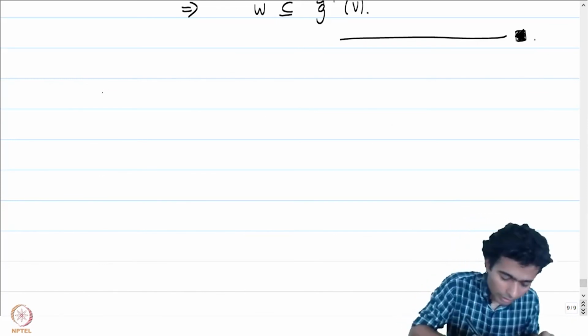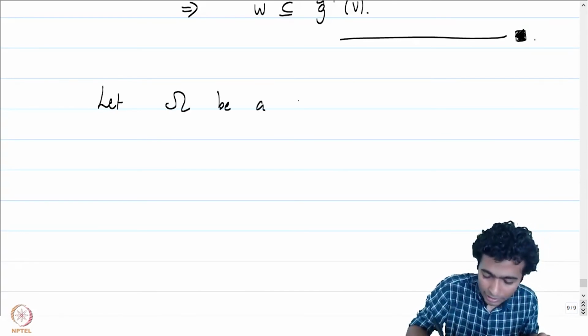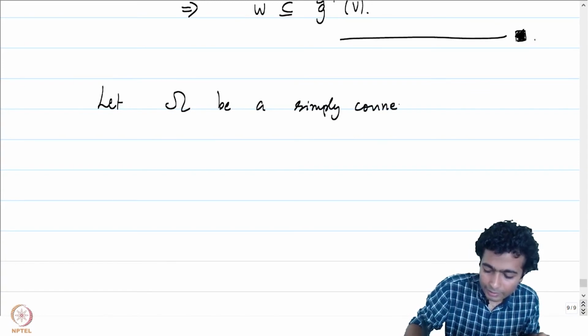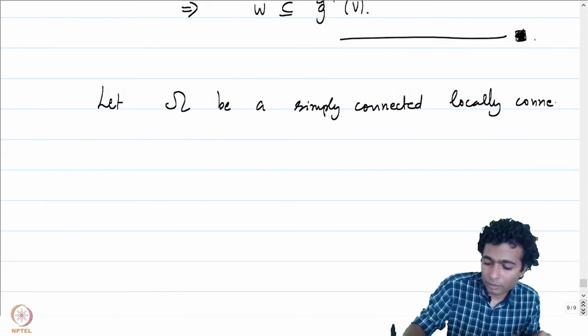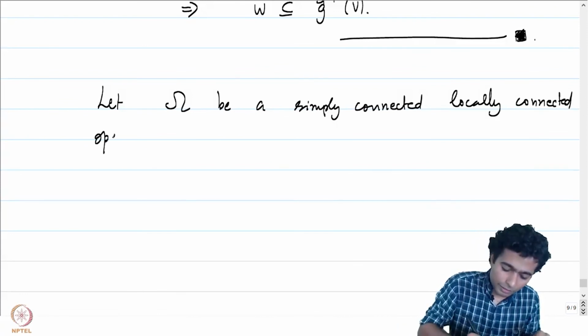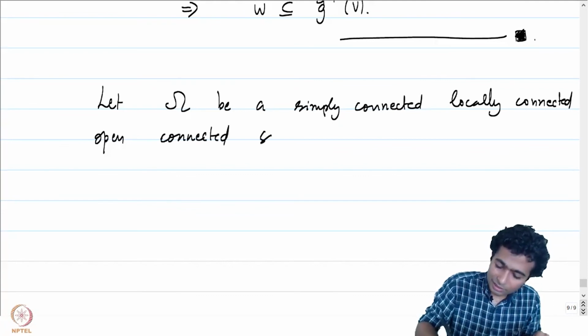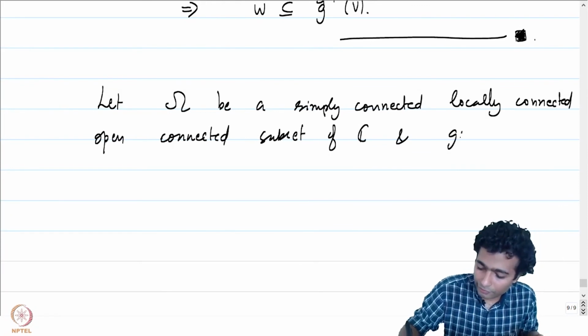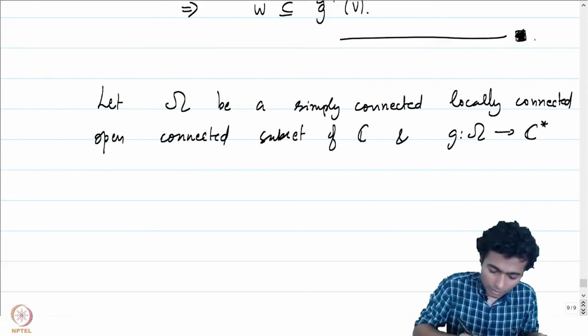So let omega, and let me just add the extra condition of local connectedness, be a simply connected, locally connected, open, connected subset of C, and G from omega to C star be